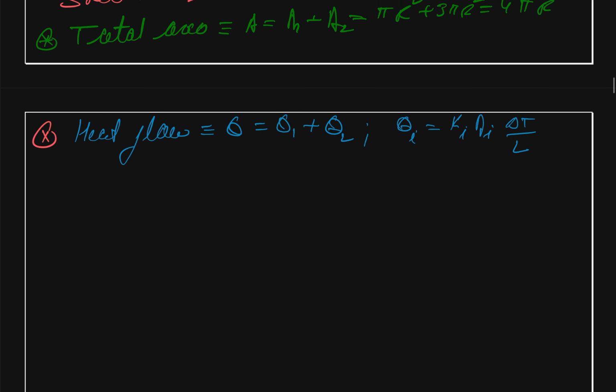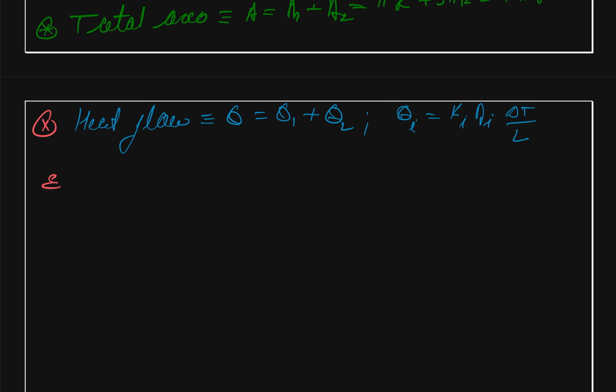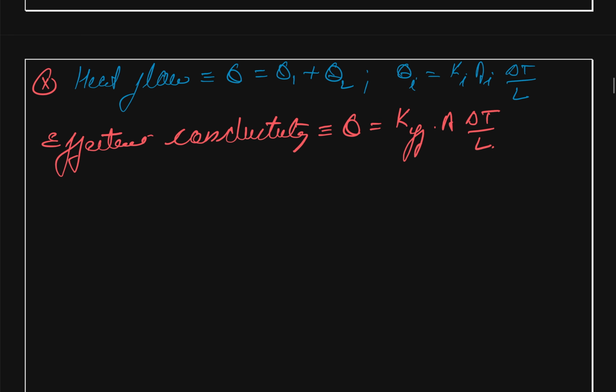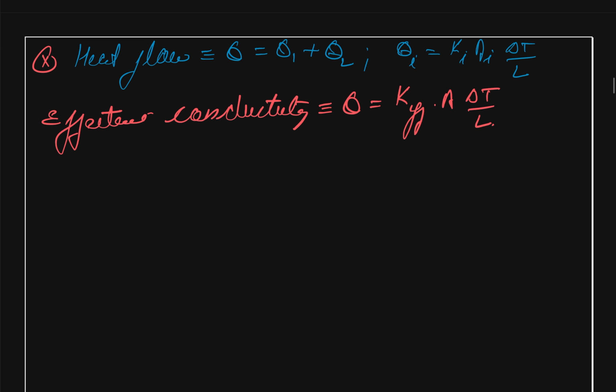Therefore we can write that our effective conductivity, which is our Q will be equal to K effective A delta T upon L, and we can just revise this equation and we can call this, in terms of the respective, we have this as K1 A1 delta T upon L plus K2 A2 delta T upon L,